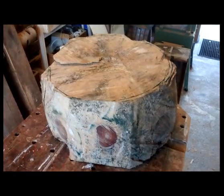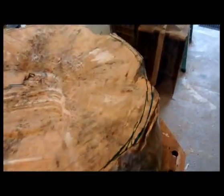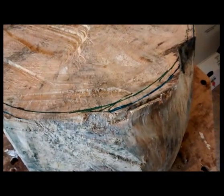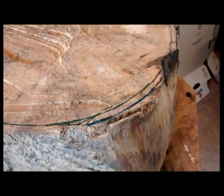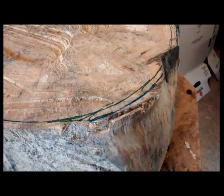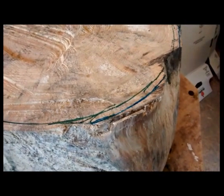Piece of wood is up on the bench now, a bit of brute force and ignorance to get up there, and I've marked a circle, as you can see. So this is where I'm going to get the chainsaw and just cut the thing to try and get it reasonably round. Unfortunately, this piece is too thick to go on the bandsaw. The bandsaw would be far easier to cut this round, but my bandsaw won't quite cope with this thickness, so it's going to be the chainsaw to get it fairly round, and then once that is done, we'll get the router set up to get the